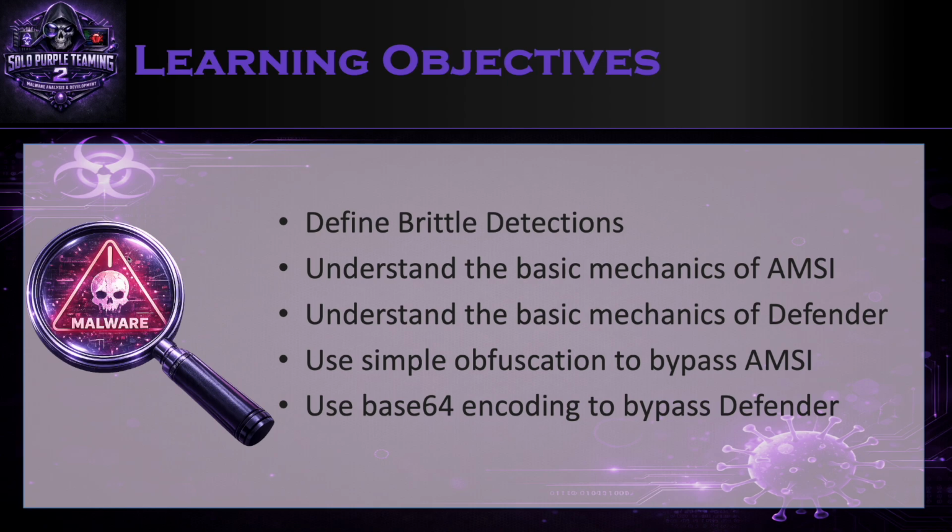We'll start by reviewing how AMSI inspects script content at runtime, focusing on visible content rather than intent. Next, we'll examine how Windows Defender performs static inspection using signatures, heuristics, and known byte sequences before execution. With that foundation, we'll demonstrate bypassing both AMSI and Defender using simple techniques like string concatenation and base64 encoding, showing